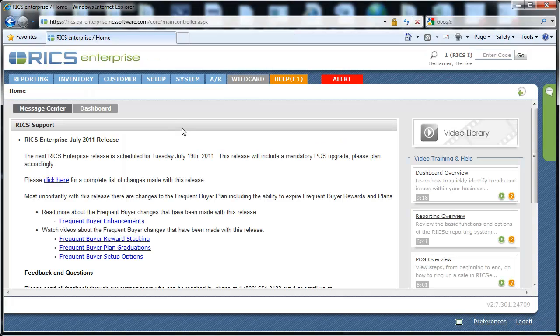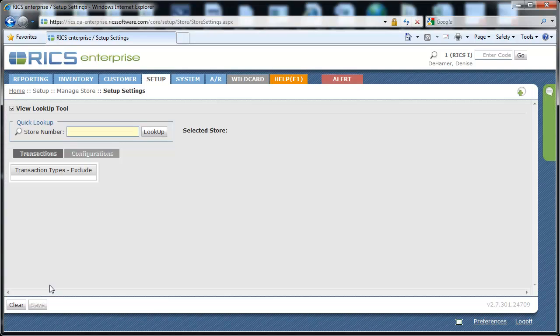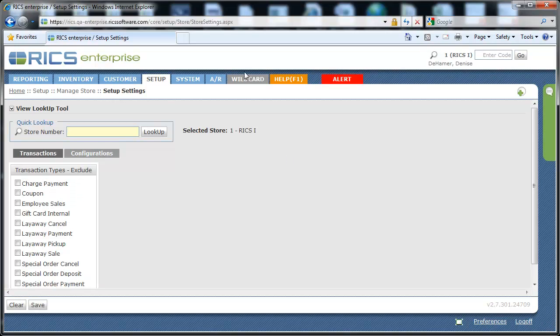If you are interested in turning on the receiving logs or turning them off, it's fairly easy to do. You can click on Setup, Manage Store, and Setup Settings. Before you do that, you want to make sure that you navigate to the store owner or store in which you would like to enable or disable at the top right hand corner. Look up your store and select it using the quick lookup. You're going to click on the Configurations tab,